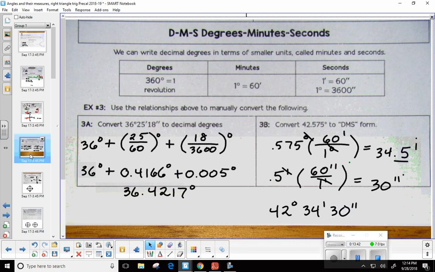Okay. Oh, did we go over DMS? I did not show you that. Okay, let me go ahead and show you those very quickly on the calculator. And I'm hoping I mentioned this yesterday. If I didn't, it's really important that you know whether your calculator is in degrees or radians. Because if we're working with degrees, you want it in what? Degrees. Okay. If you're working with radians, then you want it in radians. Because if you're working in one, but your calculator's in the other, then that's going to give you some wrong